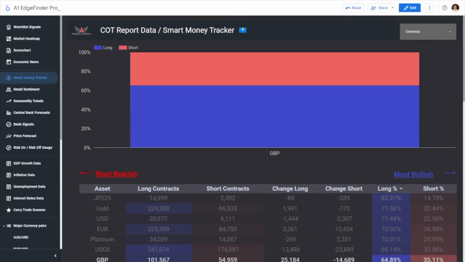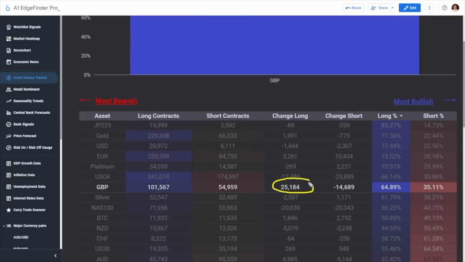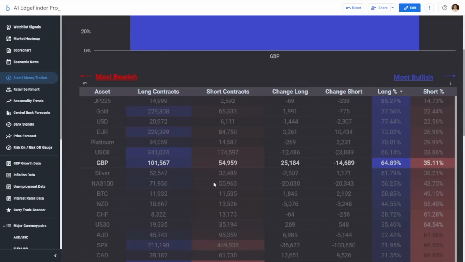First of all, take a look at the GBP COT data. Now, here on the channel and at my company, A1 Trading, we build tools for traders, and we very much focus on the Commitment of Traders report data. And what we see for the pound is really interesting. So this week we saw a massive increase in the number of long contracts and reduction in the size of short contracts opened by institutional traders on pound futures. This is from the COT data. We pull this in each week. Our software automates this process for you to make it really easy.